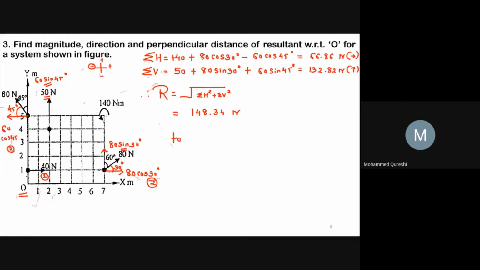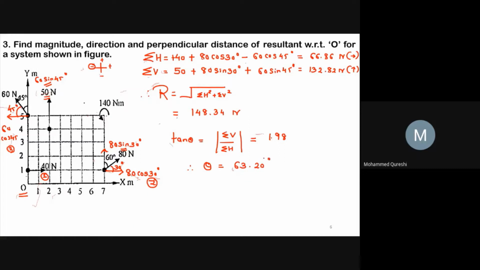Now let us go for the direction. As we know, tan theta equals sigma V by sigma H. The value of sigma V is 132.82 and the value of sigma H is 66.86. You will get tan theta as 1.98, and therefore theta equals tan inverse of 1.98, which will be equal to